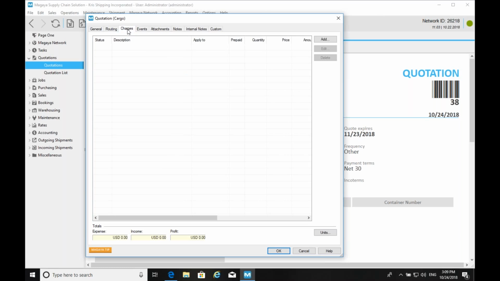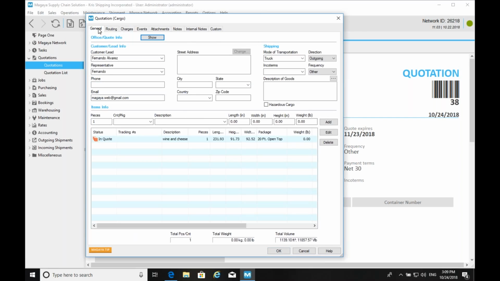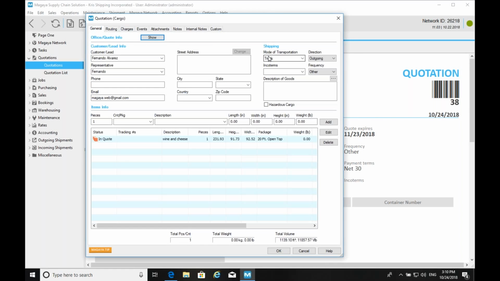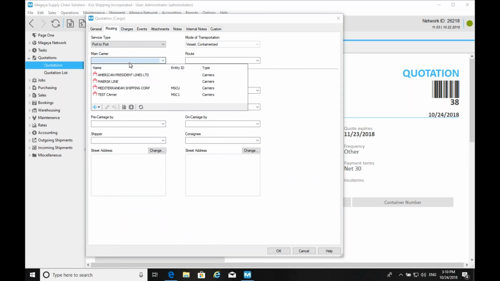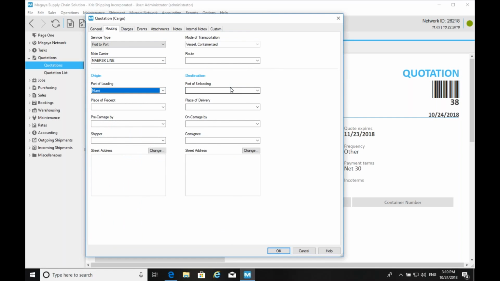And then you get to the charges tab as before, and you enter your charges, finalizing the quote. So we hope that this is something that will make it much quicker and easier for you to quote your customers. So I can do one real quick here. Let's quote. All right, I have my mode of transportation. From Miami to, let's say, Santos, Brazil.